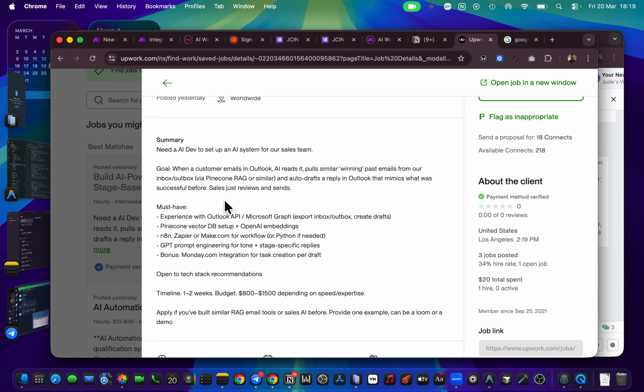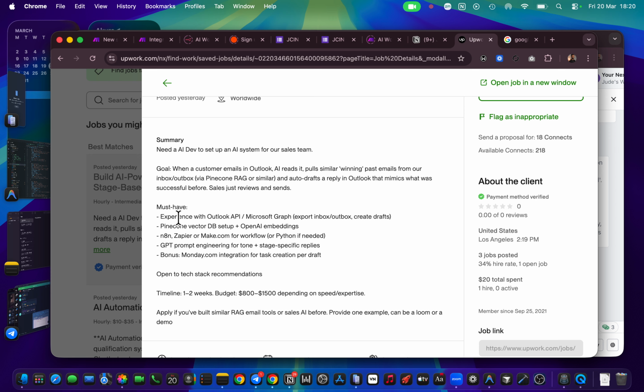I remember one time last year, I thought this Pinecone stuff was something crazy. It's not crazy at all. And it auto drafts a reply on Outlook. This thing probably just takes like 3 to 4 modules, and we're going to build this as well, or we'll probably just go through it. So I will explain one time at the end of the call. But one thing I'm trying to just explain is that these things are simple.